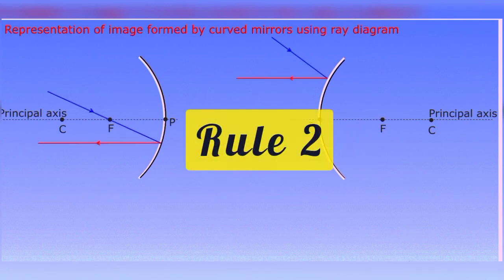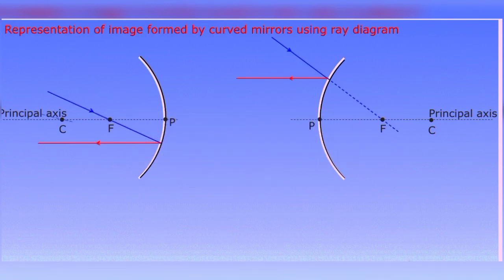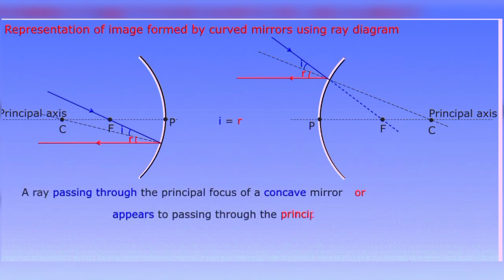Next rule: any incident ray of light passing through the focus of a spherical mirror travels parallel to the principal axis after reflection. It is vice versa of the first rule. That means any incident ray of light passing through the focus of a mirror travels parallel to the